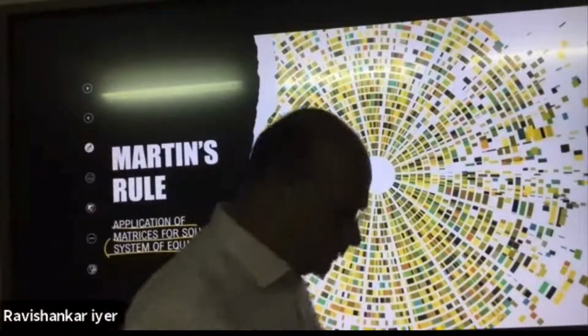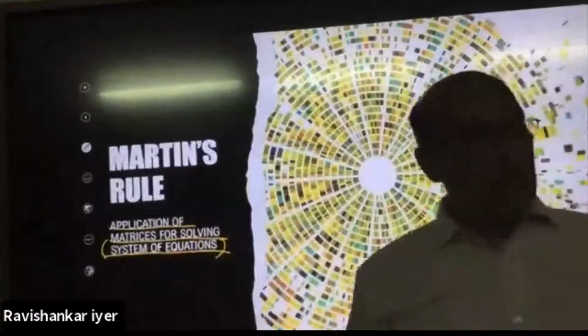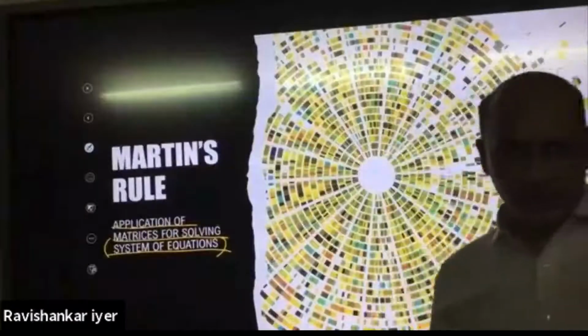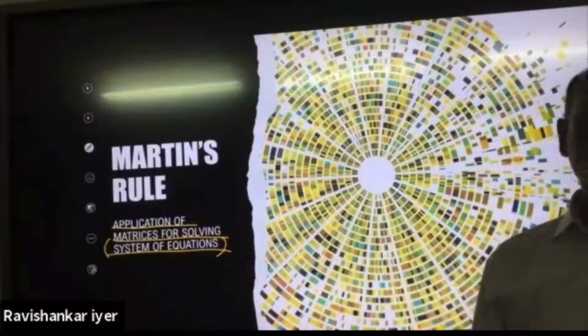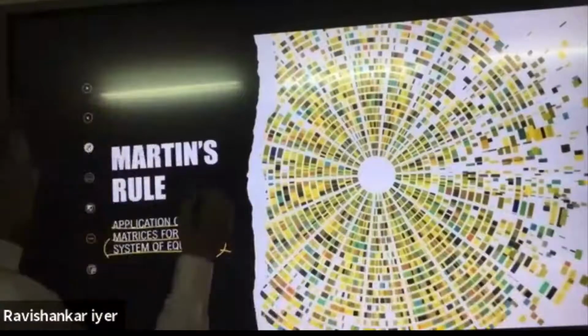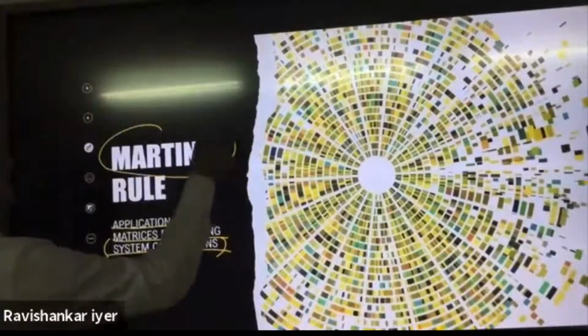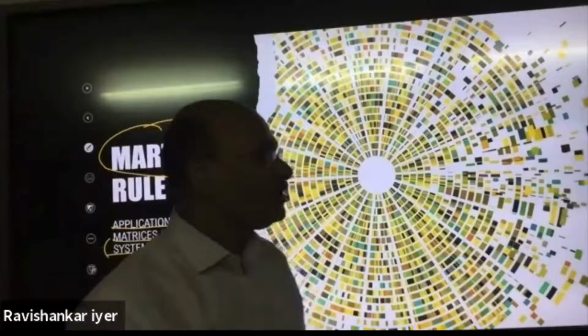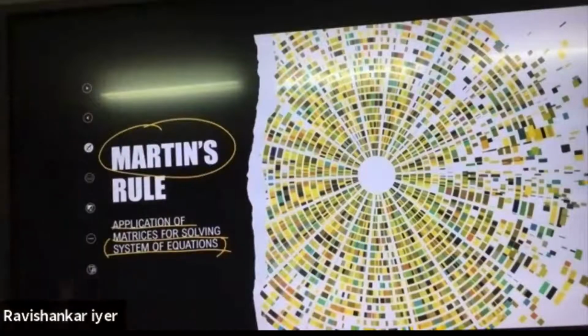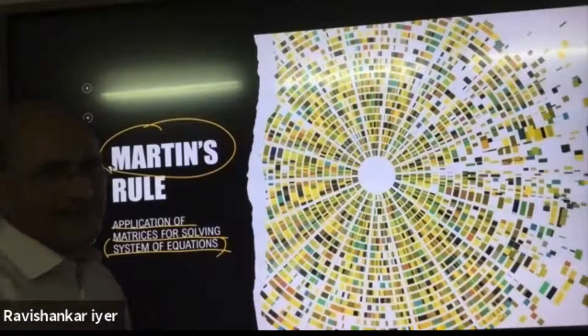System of equations means simultaneous equations, not one equation, not two equations, but more than two and less than four. So whenever you want to solve three equations, you can always use Martin's rule, which will be helpful to you. This is one of the very important parts and the last part of matrices,